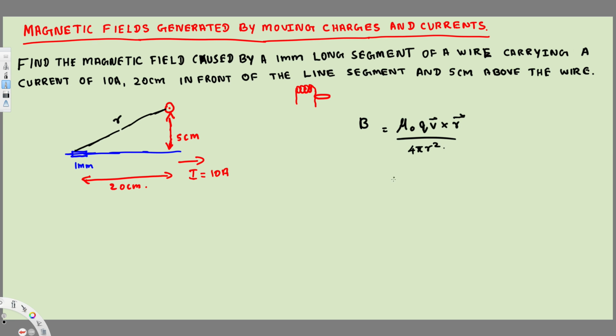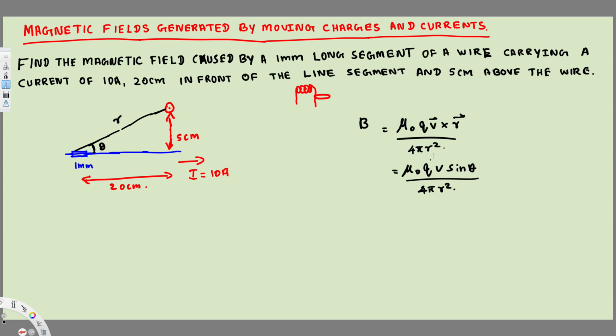Instead of cross r, we can write mu naught q v sine theta over 4 pi r square. Right? So this is the one we are going to use, and let's see how we can find all this information. So here, this is the theta, right? This is going to be the angle, and we don't have the angle given. Also, if you notice, we don't have the charge given, we don't have the velocity given,